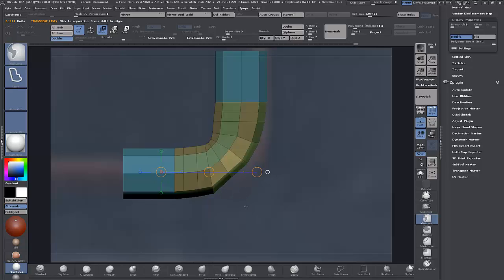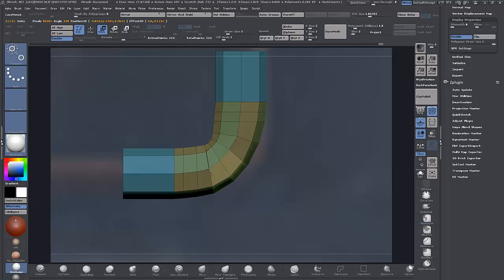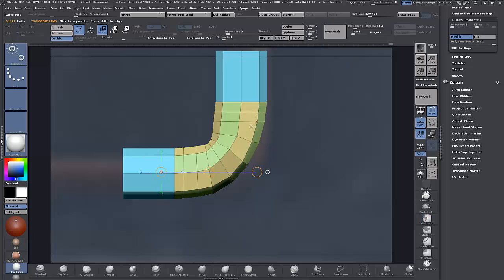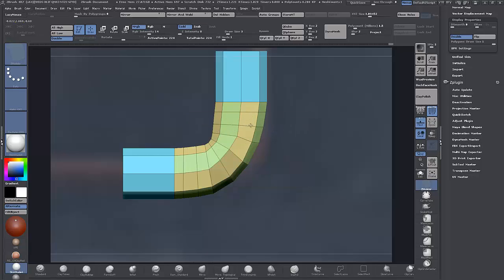Let's do this, invert it, and no, this, invert, give us that curve there, and let's see, back to slide, edge loop complete, and just to space them out a little bit more,